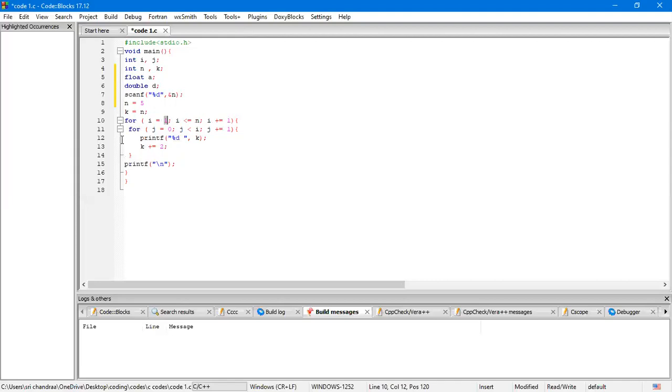This is a syntax where this part is known as the initialization. This part is known as the comparison, and this part is known as the increment or decrement. This is the basic syntax of the for loop. This makes the loop run for 5 times. Generally i is an integer type, and therefore we are assigning it 1 and comparing it with another integer type n.